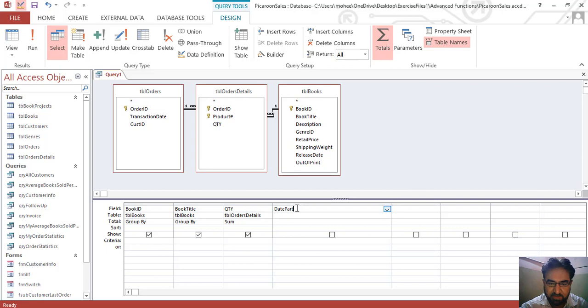Let's go back to the design view, and to show the records for a particular period of time, I'm going to write the DatePart function, and here in quotation marks, "yyyy", comma, the field transaction date, which is in the TBL order.